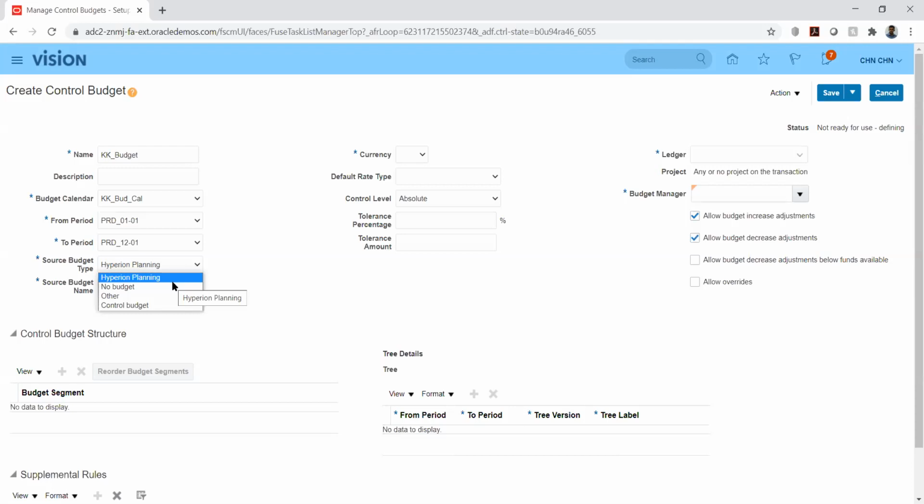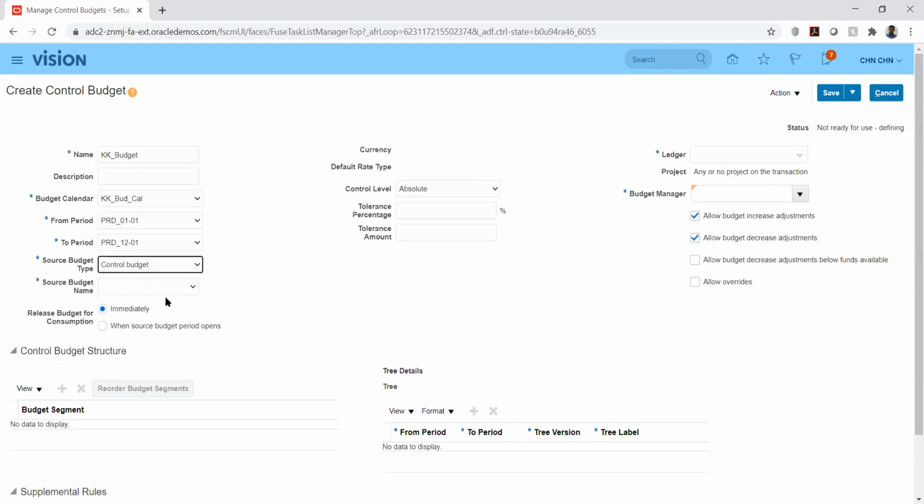And apart from that, we have other options, that is control budget. Control budget is within EBS, within Fusion. Yeah, within Fusion is correct. Even Hyperion is within Fusion, but it is a separate module or offering. So unless we configure that, we will not be able to use all the functionalities of Hyperion. Okay.